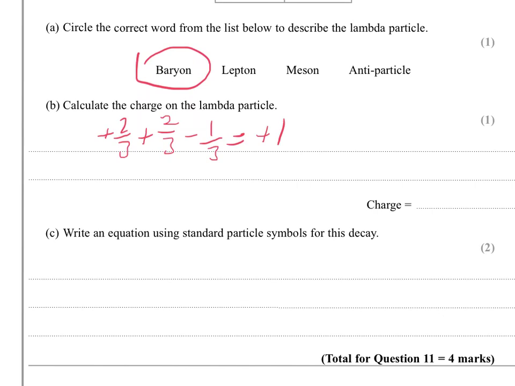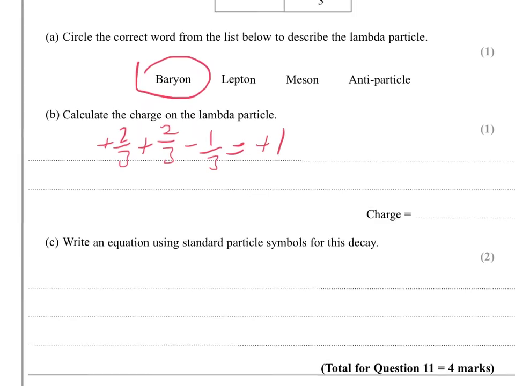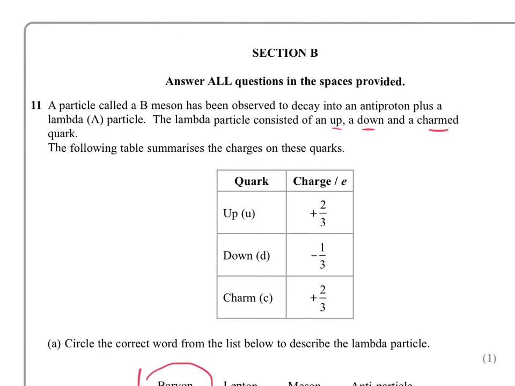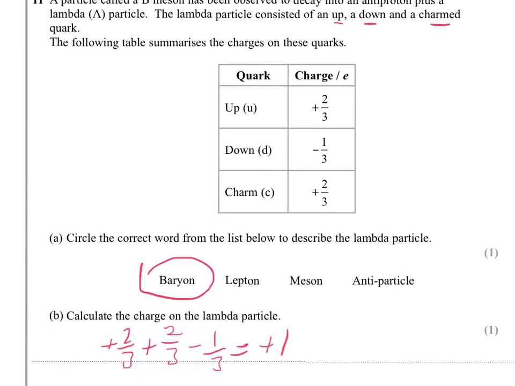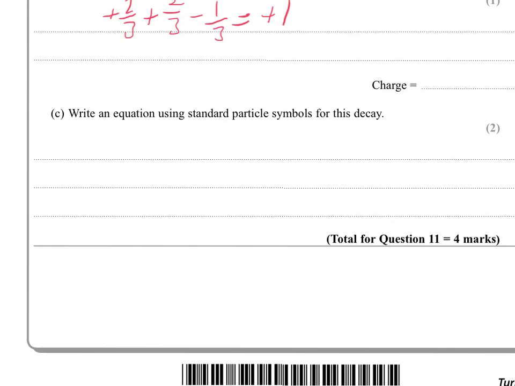Part C, write an equation using standard particle symbols for this decay. So we need to just check what symbols we're using. We've got this B meson going to an antiproton plus a lambda particle. So we've got this B meson going to an antiproton, and the lambda we've already established is a positive thing. Now you could be fancy here, and say the antiproton's negative, the lambda's plus, so we know that that's true. Okay,